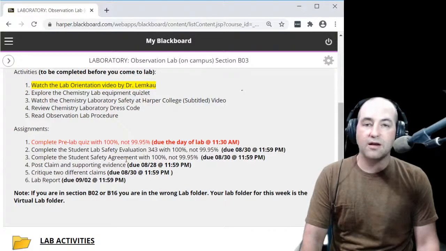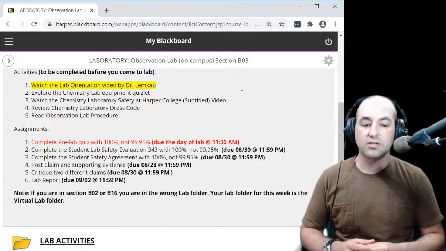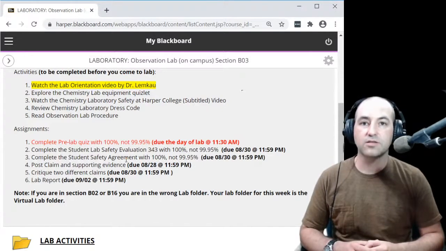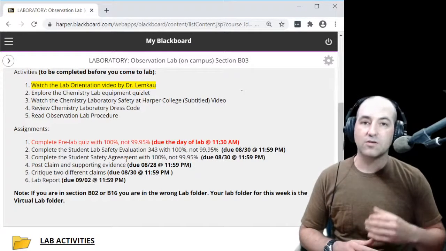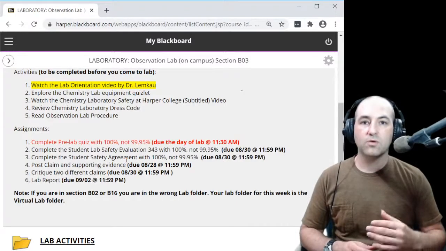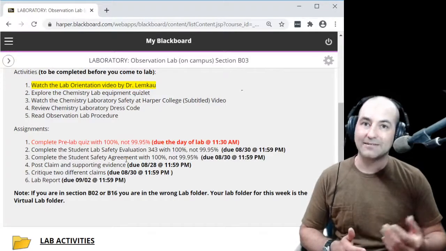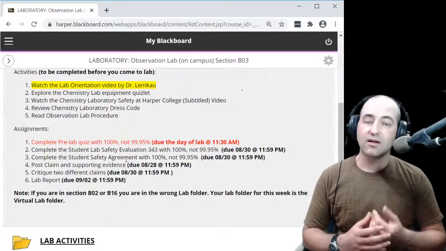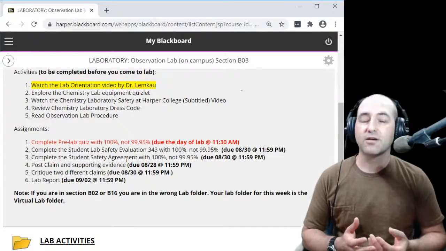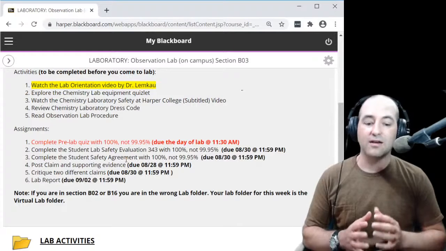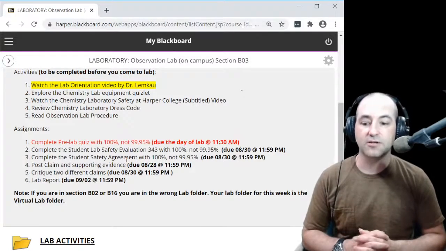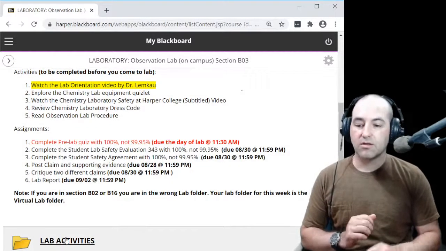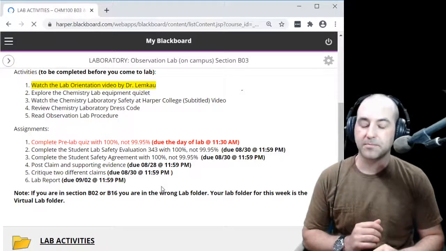We're not going to be working on data together. We're supposed to be on campus to do the labs for the smallest amount of time possible, just for safety with the virus. The idea is we're all prepared. We come in, we do our lab, we go home, and that's it. And then we can talk all we want online, and we can work on the data and find time to do all that stuff. But we're not going to be doing that on campus in person this semester. All right. So the lab activities here,